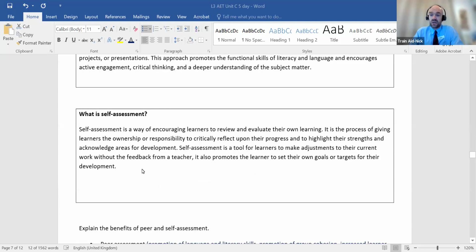So self-assessment, as we know, is a way of encouraging learners to review and evaluate their own learning. So it is the process of giving learners the ownership or responsibility to critically reflect upon their progress and to highlight their strengths and acknowledge areas for development as well. So it's a fantastic way for learners to think about their own selves and to take responsibility for their own progress. So for example, if learners keep a diary